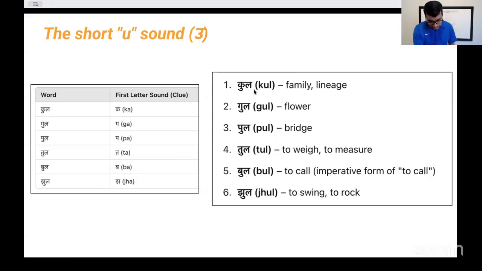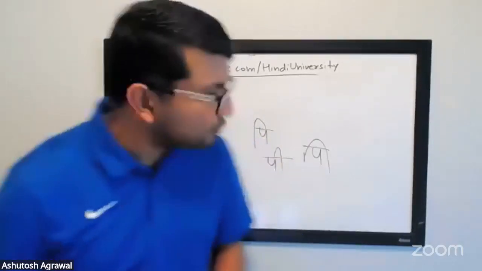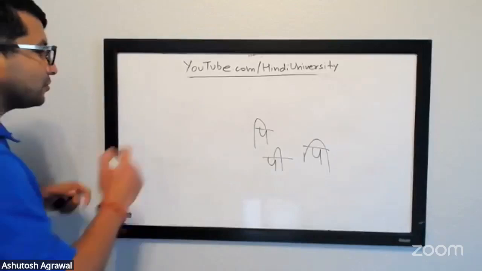Cool. Pull. Tool. Tull. Bull. Jul. Okay, short U. Just the U sound. Wonderful. So just like that, if you were to put the U sound in any of the other consonants,